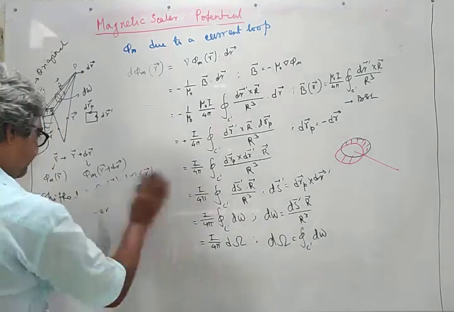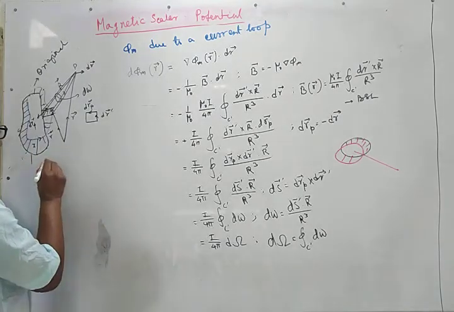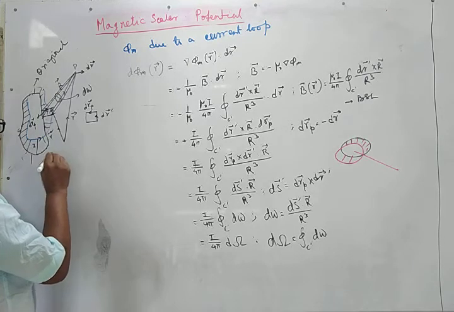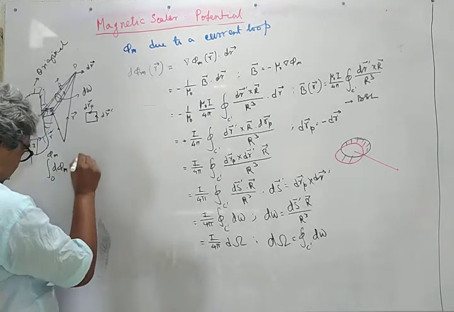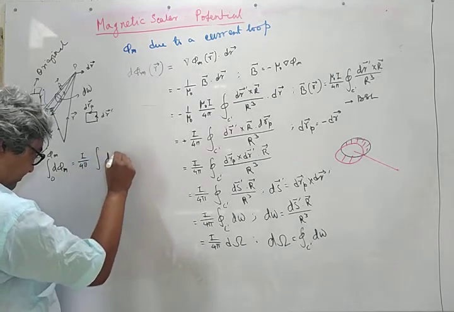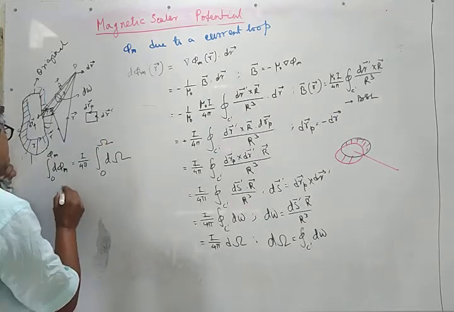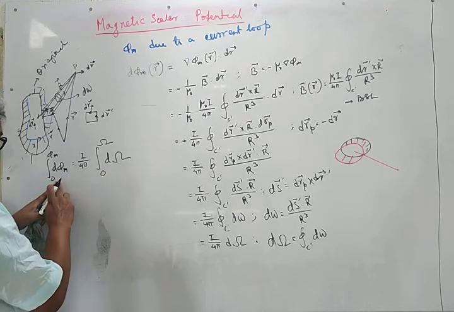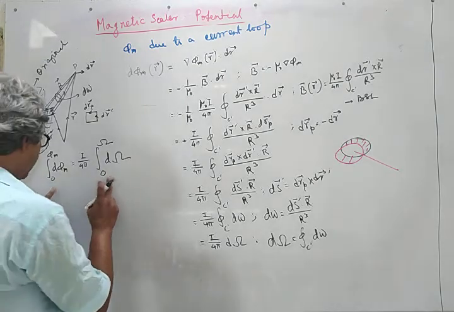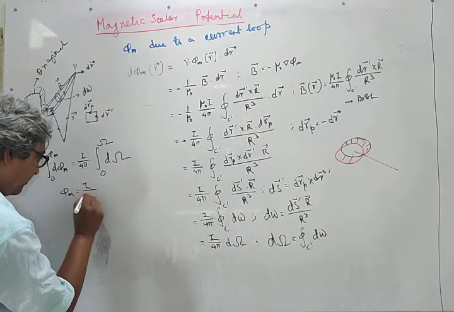That is to say, d phi m is integrated from 0 to phi m. I upon 4 pi is constant, and d omega is from 0 to omega. This is the standard position when the conductor was far away, subtending zero solid angle. So finally we get phi m is equal to I upon 4 pi